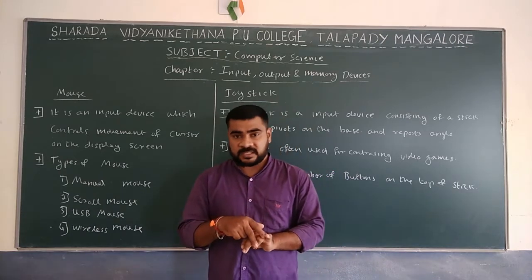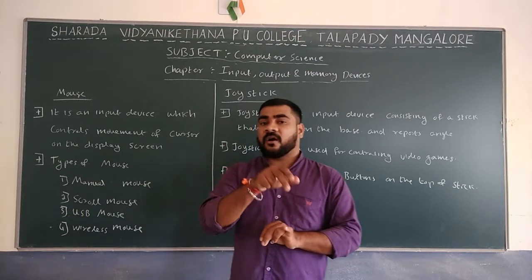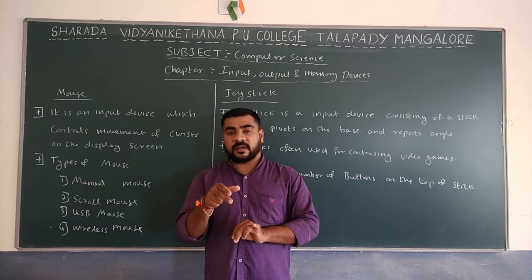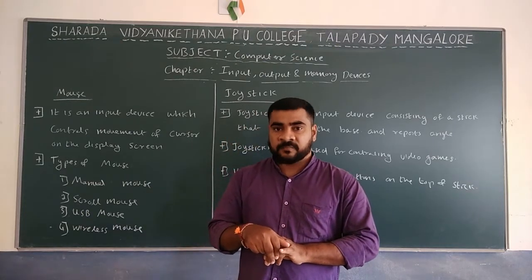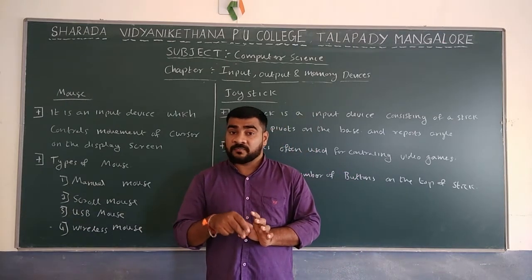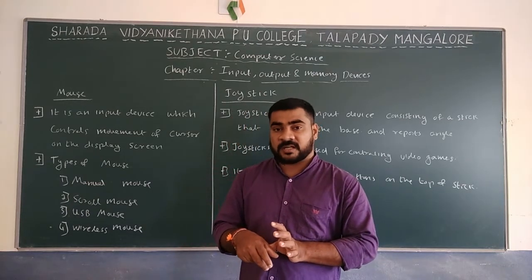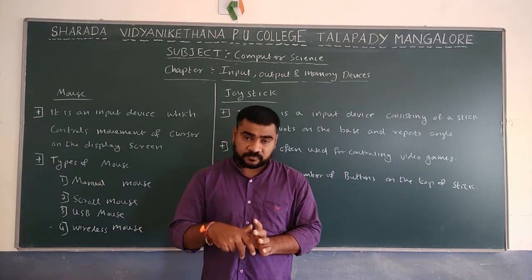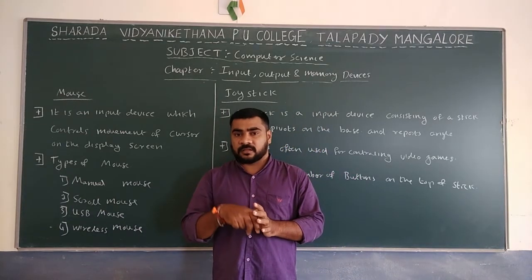Next, punctuation keys. Punctuation keys are dot, comma and so on. If you want to use an opening bracket, closing bracket, dot, comma, plus, minus, or punctuation in a letter or in an essay, then we make use of punctuation keys. Then lock keys are there: scroll lock, num lock and caps lock. Caps lock locks capital letters or small letters. Scroll lock will lock the scrolling. And the last one is num lock, which will lock the numeric pad.